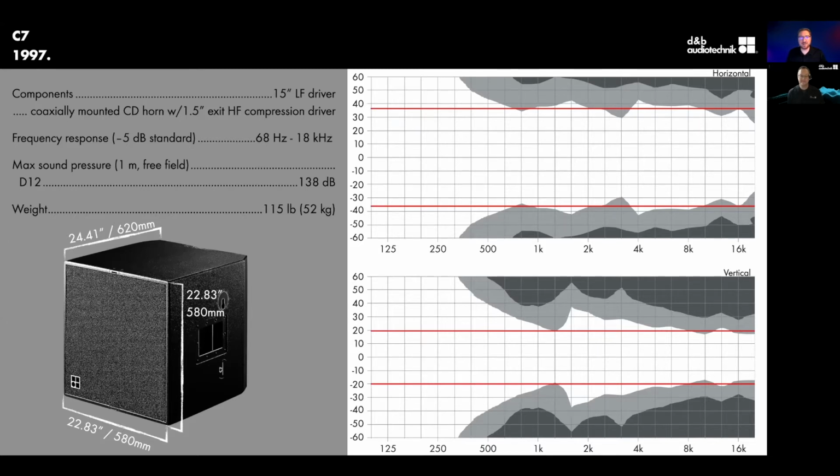Not exactly something that you can deploy on your own or on a loudspeaker stand. So there was the desire from the market to have something smaller, something that's easier to deploy, but had the same pattern control and as close to the same frequency response as the C7. So it took a couple years, but the engineers found that they could actually do this.